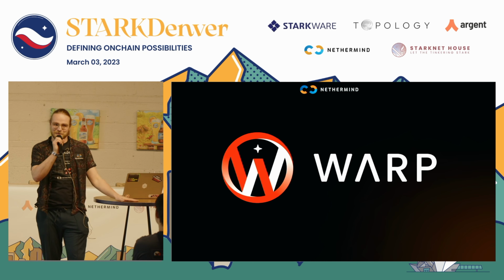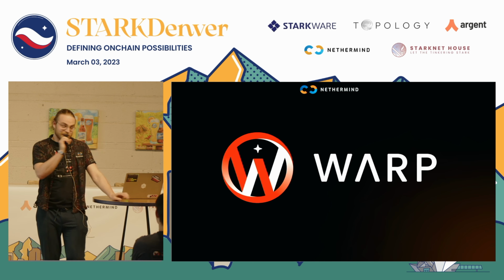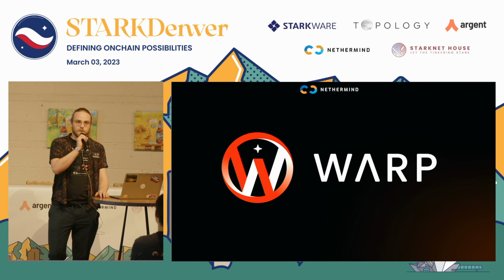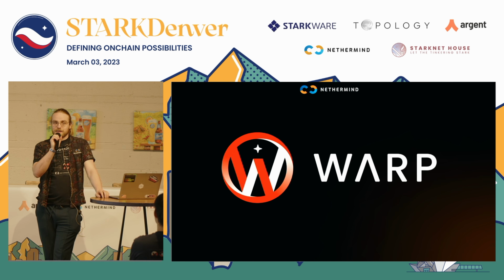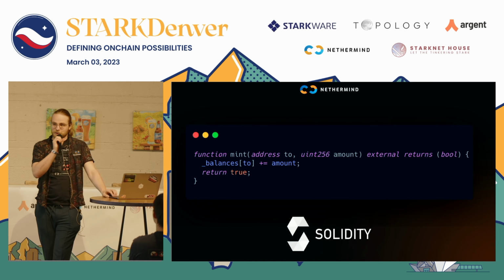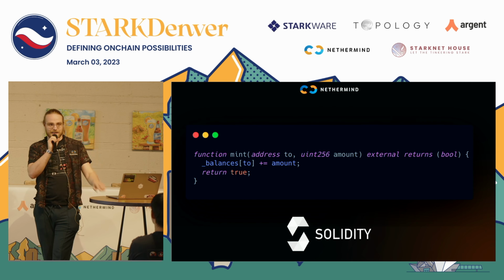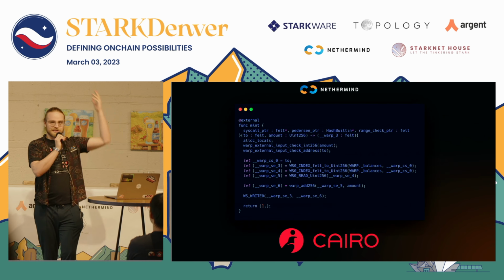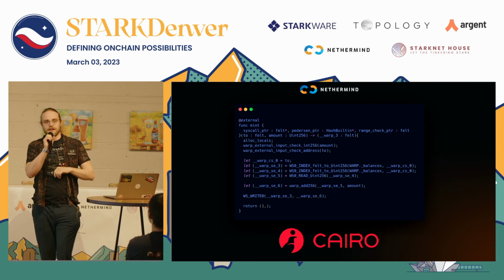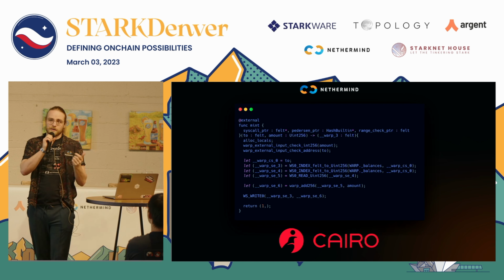We've got a lot of things here. So in this instance, we have Warp. Now, Warp is a Solidity to Cairo compiler. It takes in Solidity code, so say your basic mint function. And I mean, if you know what compilers are, blah, blah, blah, fine. But it produces the Cairo code for you. This means that large Solidity projects can migrate